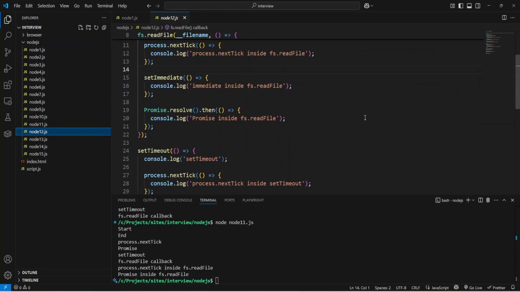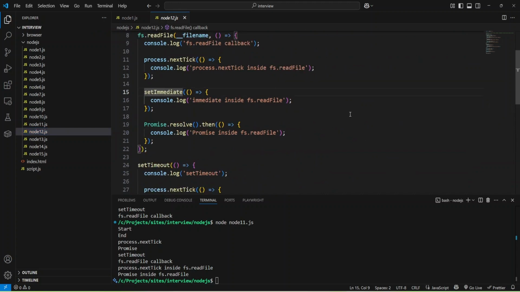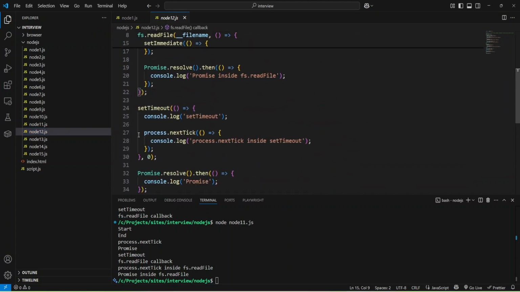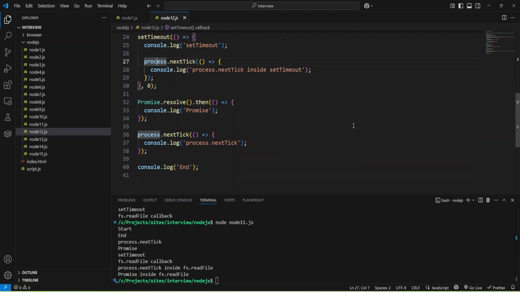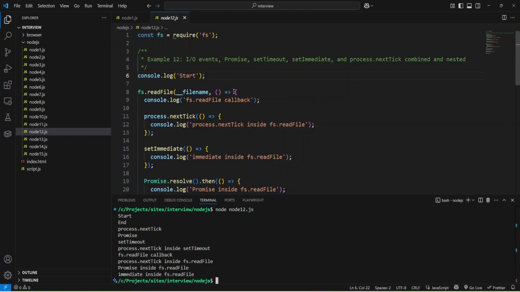And let's move on to the next example. And as you can see, I've added more callbacks, set immediate here, and also process next tick. And it's quite a big example, and let's try to run it. And I need to change file name, and let's see.